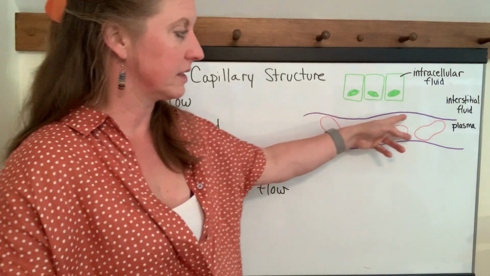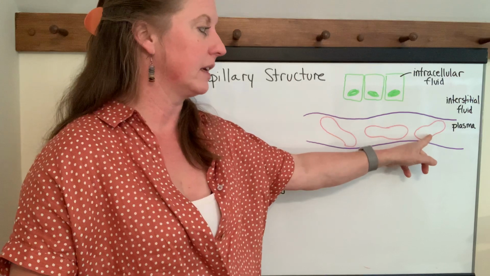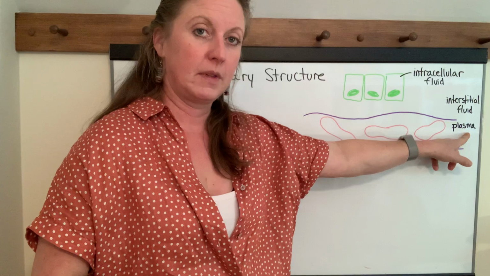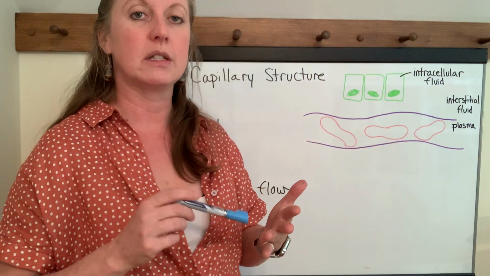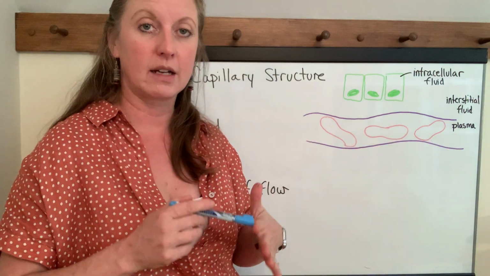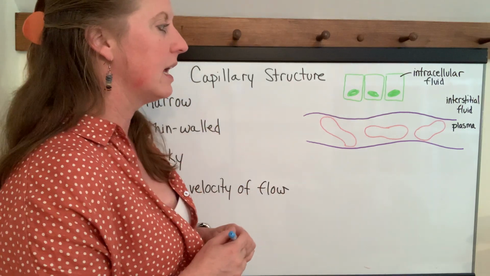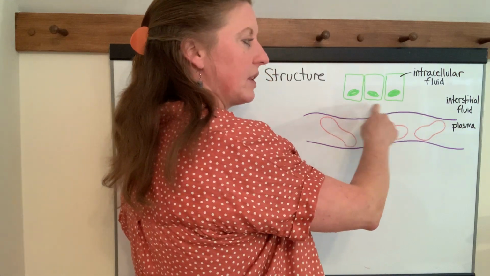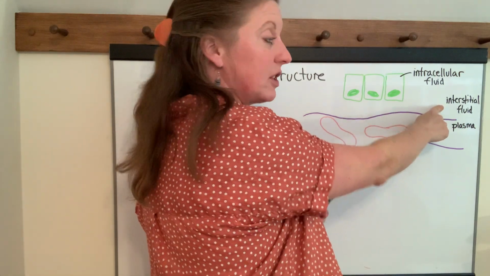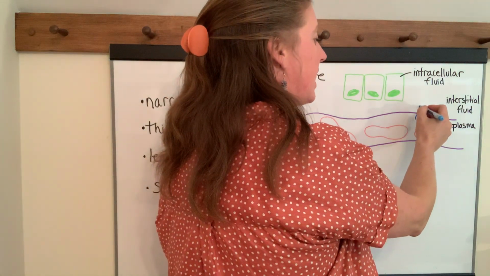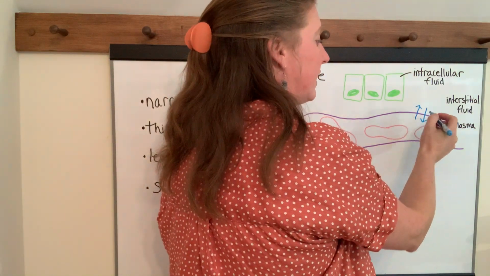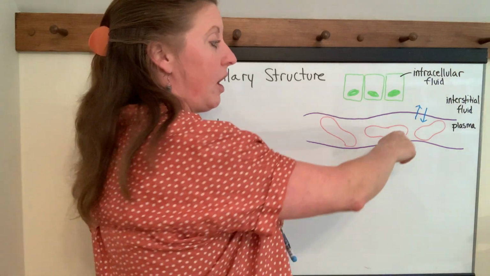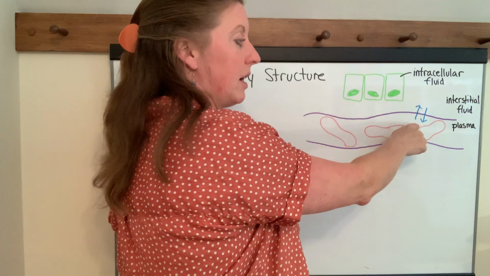So right here is a capillary with some red blood cells in it. And the fluid that's in the capillary is the plasma. Now that plasma contains nutrients and wastes and oxygen and carbon dioxide, depending on where you are in the body. And those things are going to exchange with the fluid outside of the capillary, which is known as the interstitial fluid. So there will be exchange of gases, nutrients, wastes, and even water across the capillary membrane between the plasma